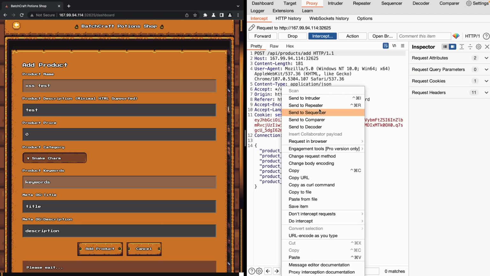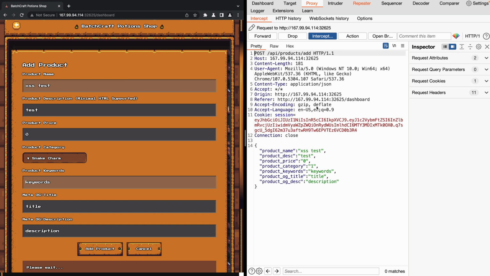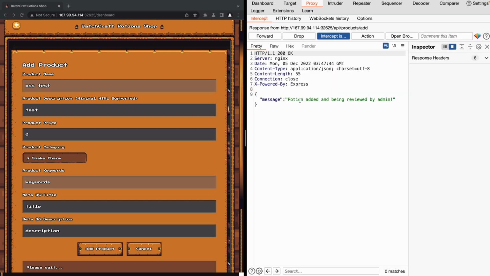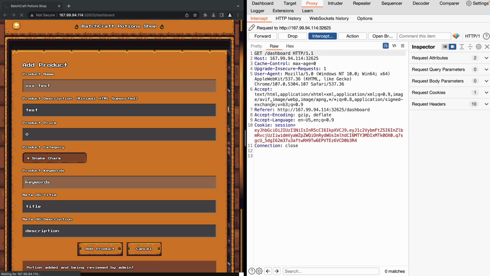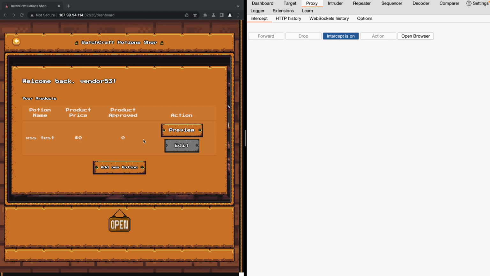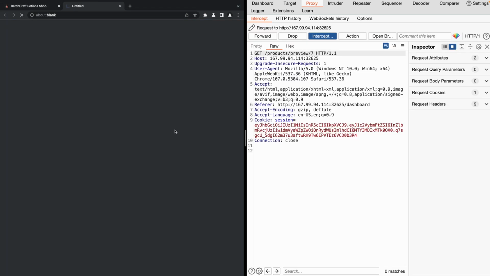I'm going to send this to the repeater because we'll probably want to play around with that. So we'll pass that along. Now we're looking at the code. The bot should actually look at it, and so it's being reviewed by an admin, and so it has already been reviewed. I'm going to go back to be redirected back to our dashboard, and we can check out our product. So get our product preview